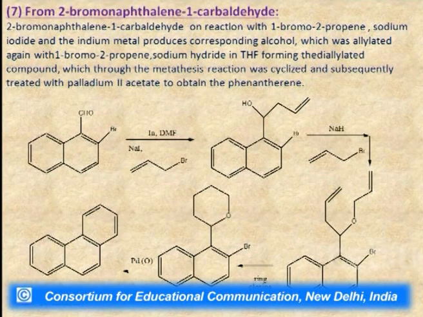We can prepare phenanthrene from 2-bromonaphthalene 1-carbaldehyde molecule also. So, for this we have to take 2-bromonaphthalene 1-carbaldehyde, which on reaction with allyl bromide in the presence of DMF solvent, first will undergo extension of the ring, which further reacts with sodium hydride, again reacts with allyl bromide and extends the ring like this,